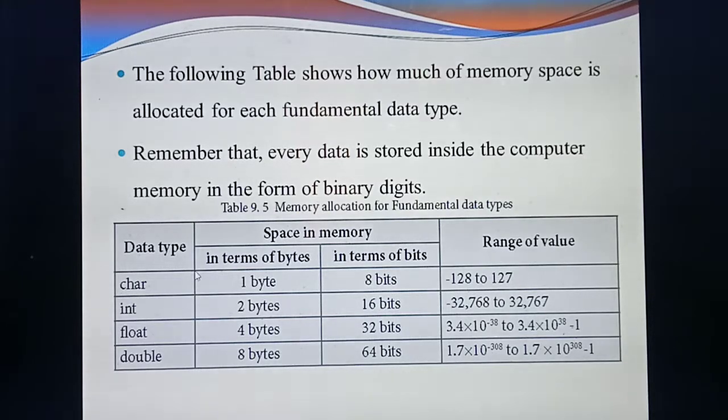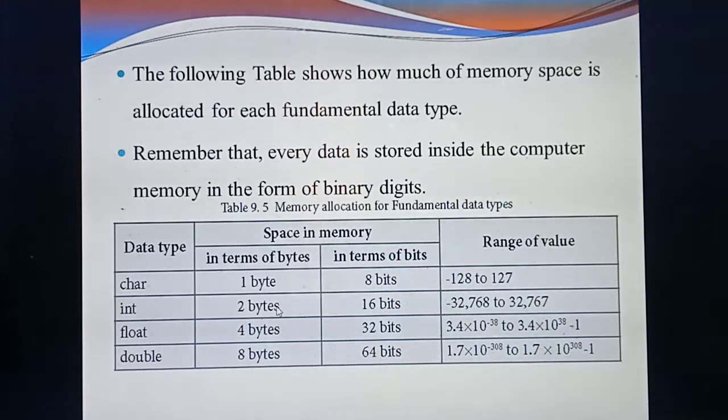For character, they have given it in terms of bits as well as bytes. 1 byte is a combination of how many bits? This is very important. 1 byte means 8 bits. Understood? So 2 bytes means 16 bits, 4 bytes means 32 bits. You should remember this. So the character data type will require how many bits? 8 bits. In terms of bytes, how much? 1 byte. Understand? Integer means how many bits?